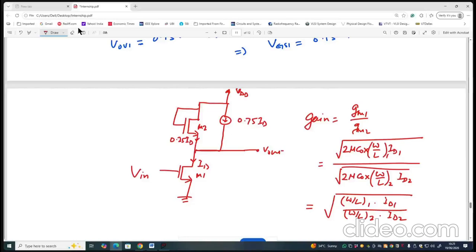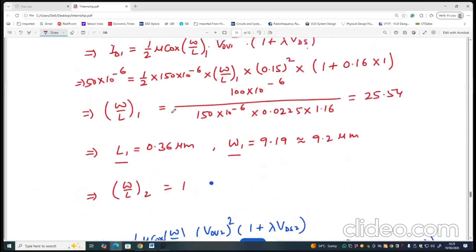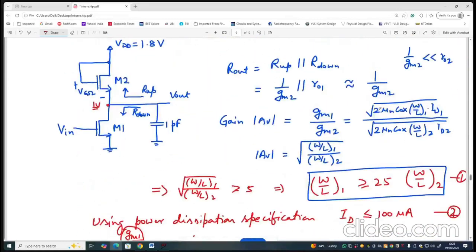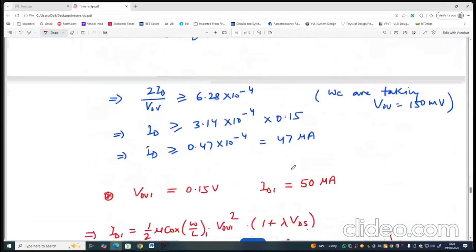In the previous derivation, ID1 and ID2 were equal, you see here. ID1 and ID2 were equal, no? And that is why we got the gain expression, that is square root of W upon L1 upon W upon L2 only. But if we